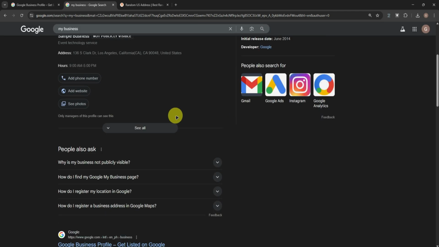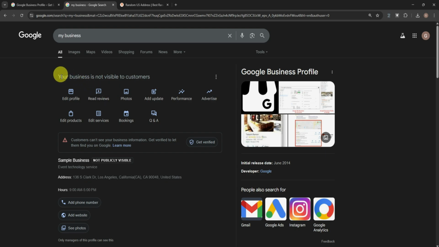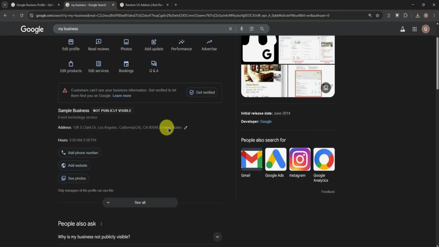So we'll be redirected here. As you can see right here, your business is not visible to customers. So what you can do is just simply edit your profile right here. You can also read reviews, photos, add updates, performance, advertise your business, edit products, edit services, bookings, and Q&A. You can also change your address right here as well, your hours, add a phone number,